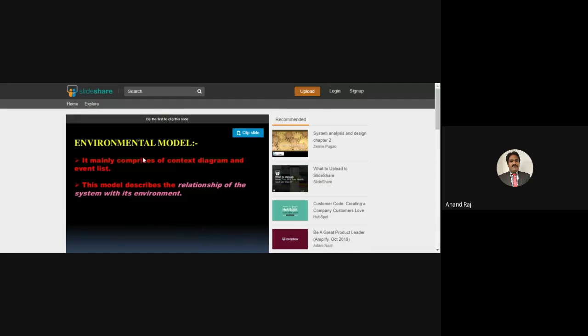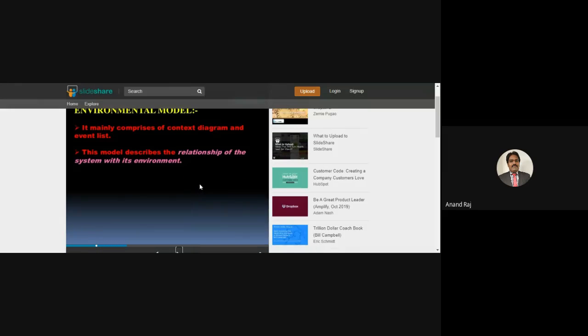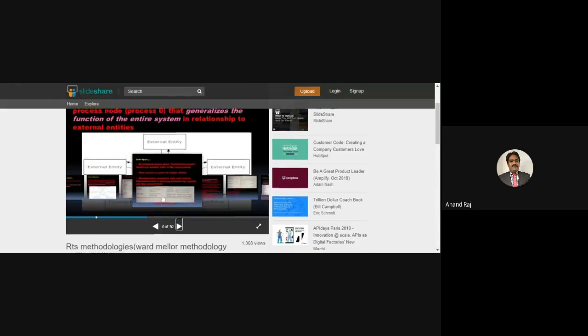This model describes the relationship of the system with its environment. So the environmental model mainly comprises the context diagram and event list. This method describes the relationship of the system with the environment. So you can see here,